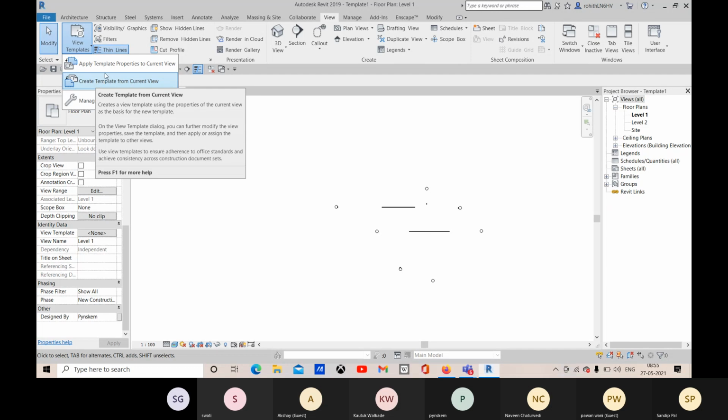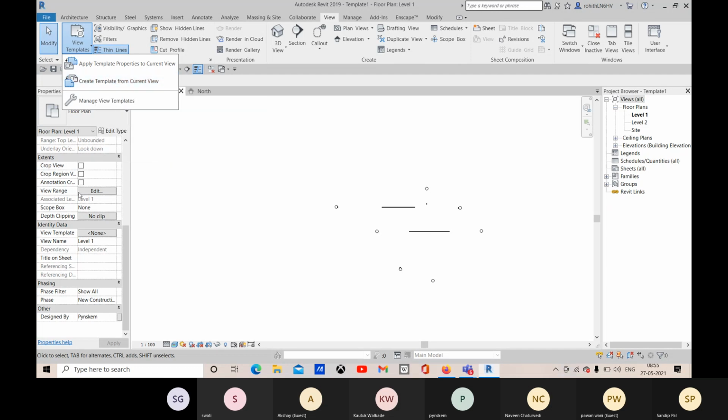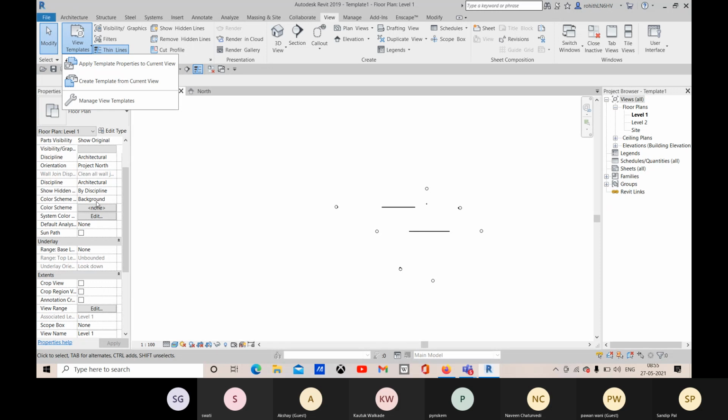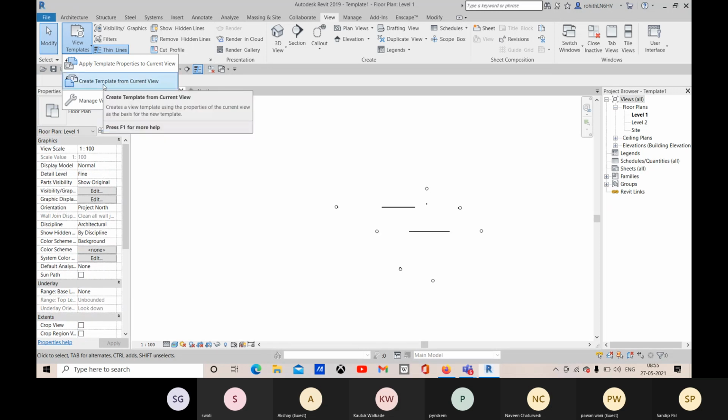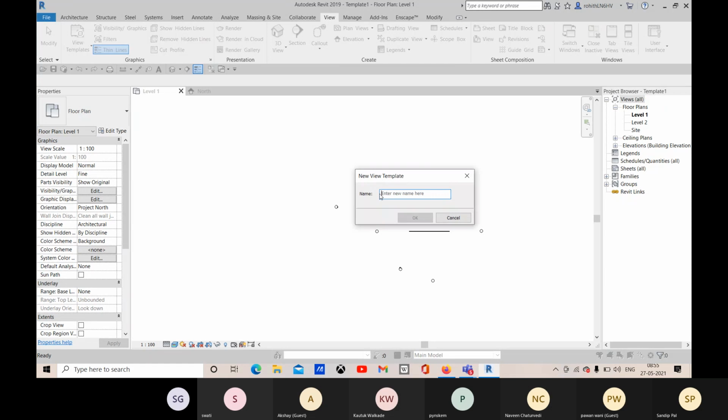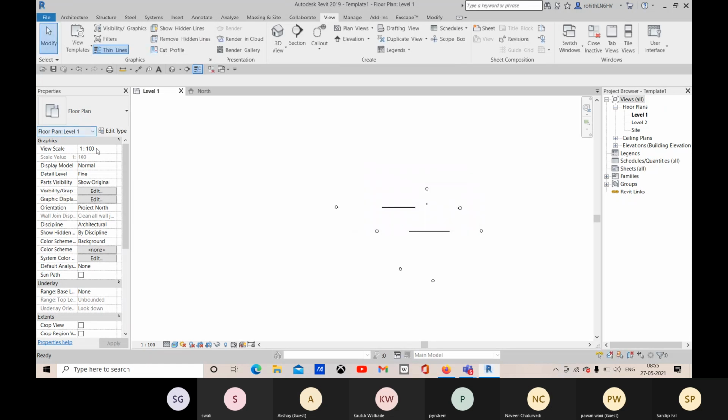So you can create a template from this current view. So with these settings, you can create a new template file. So for that, you can choose create template from current view. All right. So if you click here, you have to provide a name, and with that name and with these settings we have just changed, one view template will be created.